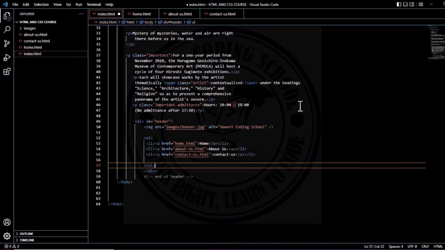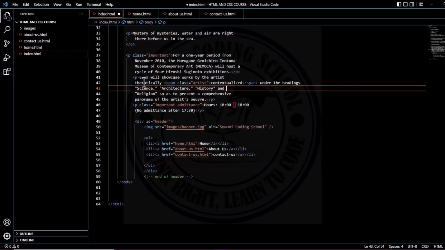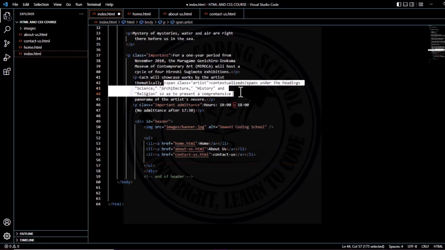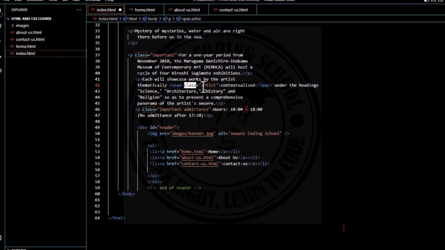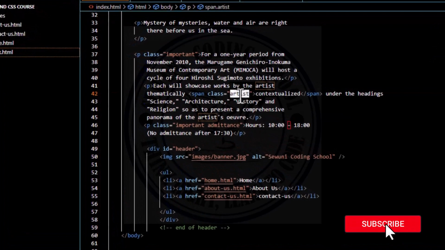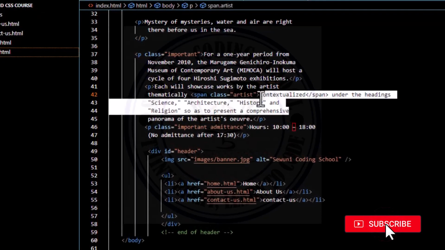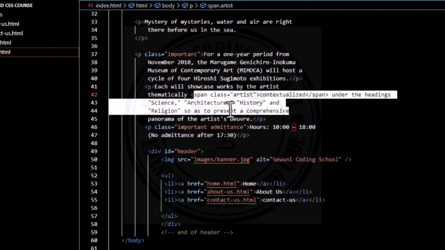So as you can see in the example here, this is span, and span is a grouping element for text inline. It has an attribute of class and the value artist. This allows us to style this particular text within this span, or the group of elements within this span, with the same style